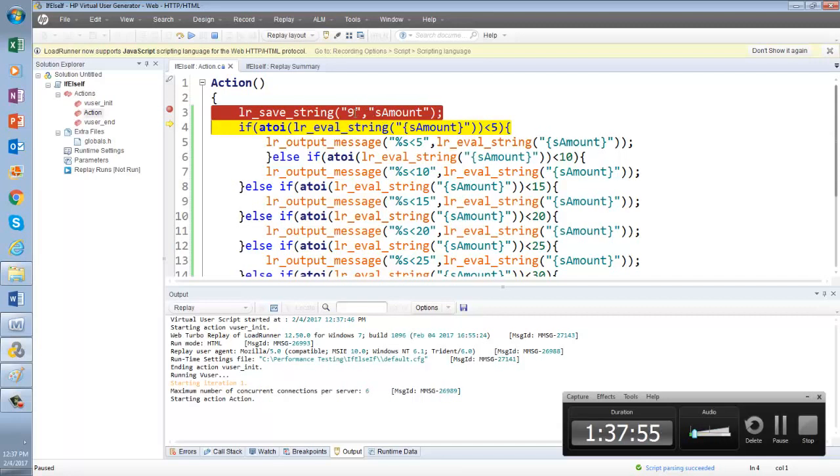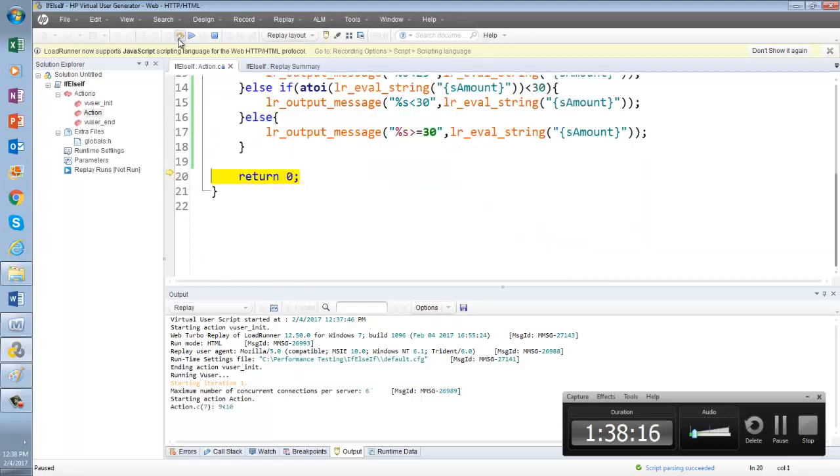Okay, 9. So we are converting this amount to number and then comparing it to 5, right? Now this condition is not true, so it is going to the else block. Now 9 less than 10, is it true? True. So it is coming here.